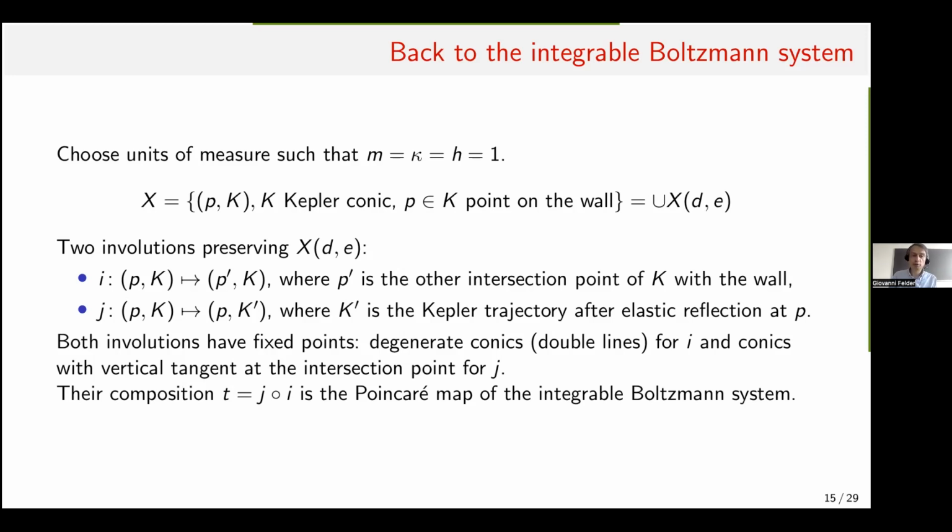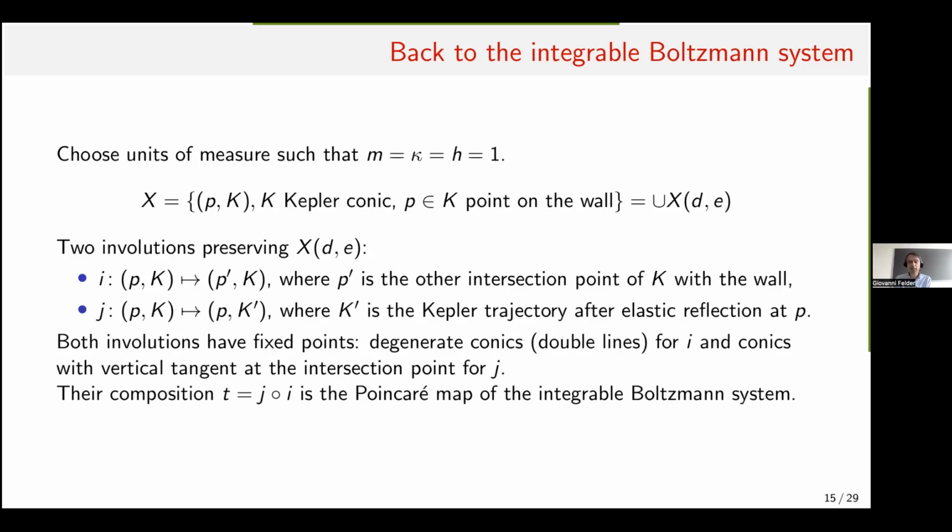So both involutions again have fixed points. You have degenerate conics, which are double lines, for I. This will not change the point. And conics with vertical tangent at the intersection point for J. So again, we have two involutions on our